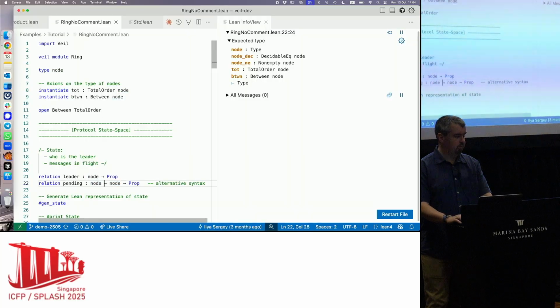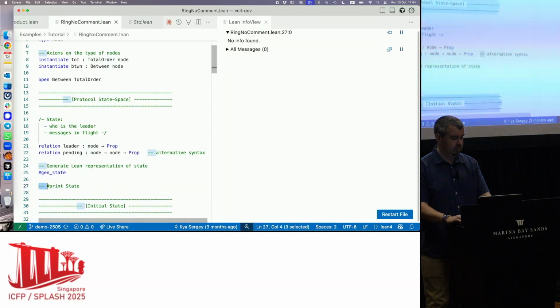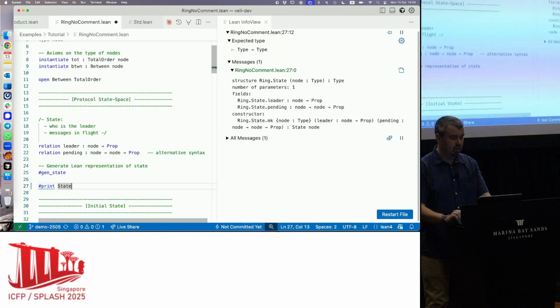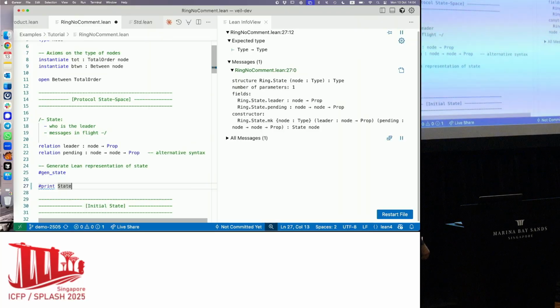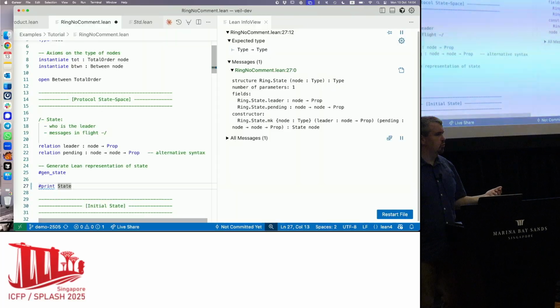So this is a from and this is a to. And this is something that we model as a relation. So this is the state of our protocol. And in fact, again, this is not something that you have in the vanilla Lean. This is just a macro that generates a Lean structure that has these two fields as relations and a constructor to make its instance. So what we are going to define next is an operational semantics of this protocol